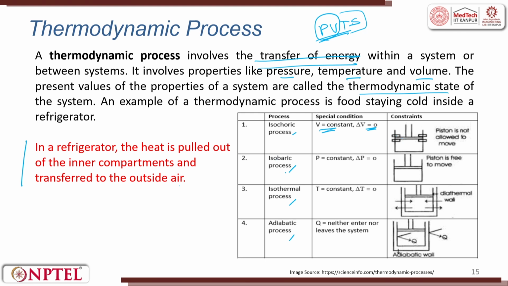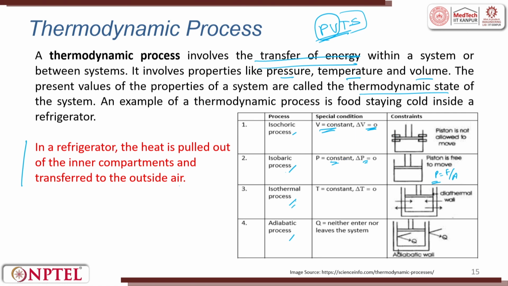When we talk about isobaric, P is constant. So, there is no change in pressure. The piston is allowed to move up and down freely. As and when you try to heat, what happens? The gas tries to expand, right? The moment there is an expansion, the pressure, which is nothing but force applied per unit area, and the area we can connect in turn with volume, the volume gets expanded. So, the pressure remains constant, right. So, isobaric, P constant, delta P is 0.